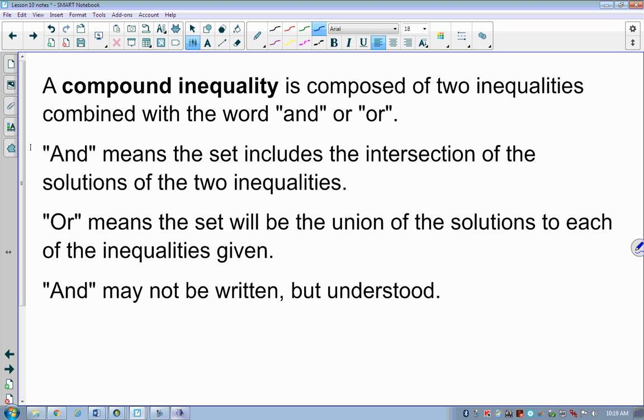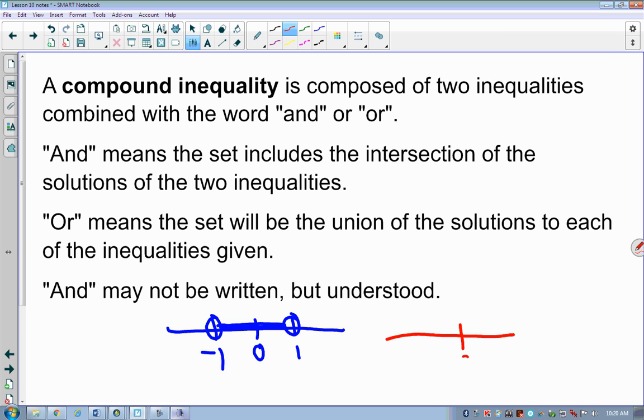For instance, I'll give you an example of a graph of an "and" statement. An "and" statement on a number line is going to look, let's say we're dealing with 1 and -1, like that. It's what we call a conjunction. And, all right? A disjunction,